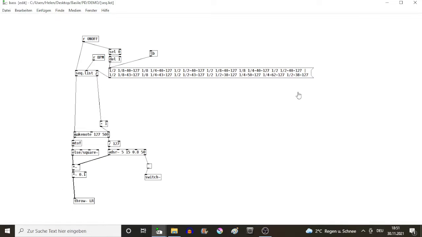And generally when you have a bass line, if your bass goes up in the high register, it's a good idea to reduce the velocity.